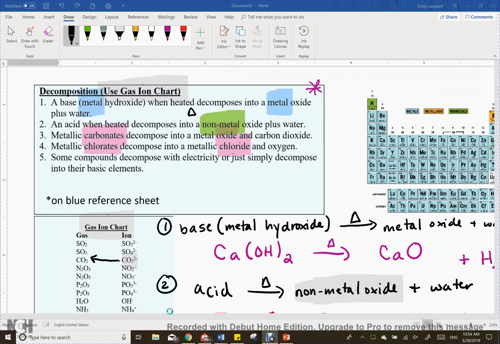So rule 5 says that some compounds decompose with electricity or just simply decompose into their elements. Okay. And so basically what this is keying you in on is that if you start with just one reactant and it doesn't match one of the descriptions from rules number 1 through 4, then it's going to fall into this 5th category where you just take the compound and break it back up into its individual